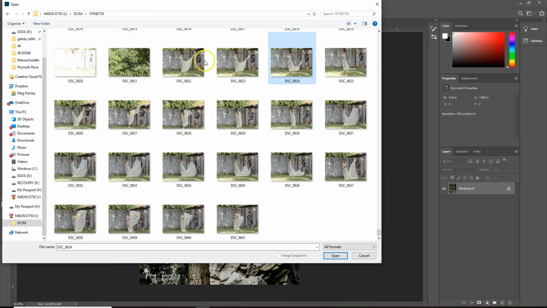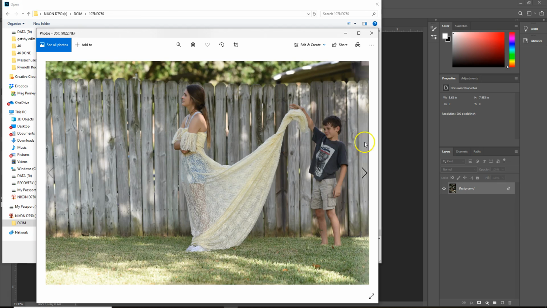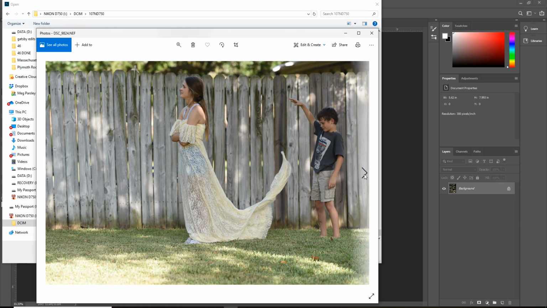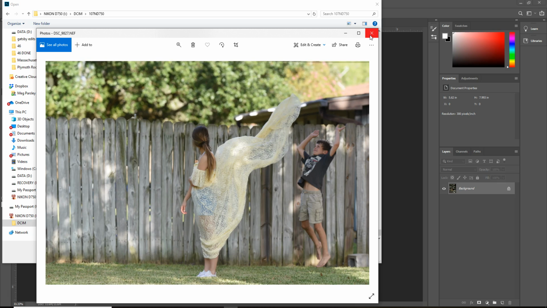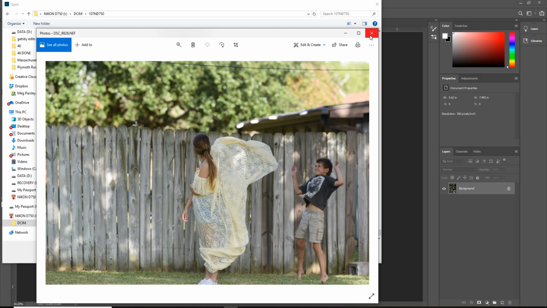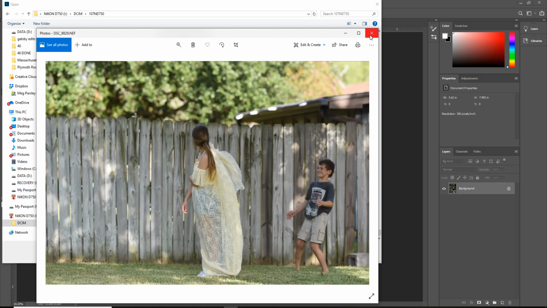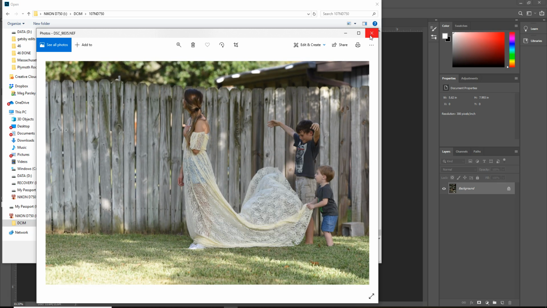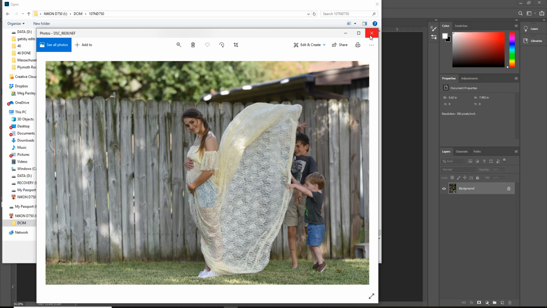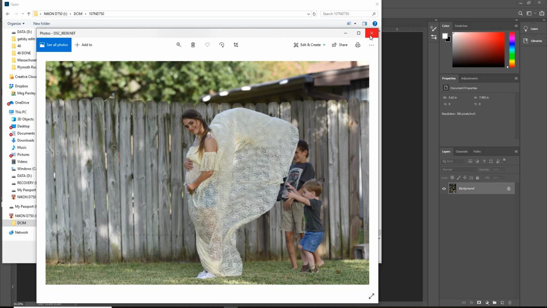But say I want to use, we'll use this one. Let me write this down. So that's 9824. That one will work. 9827, 9828. It's hard to do those overlays because